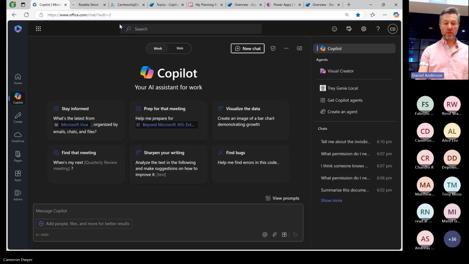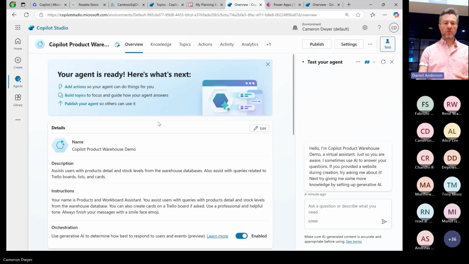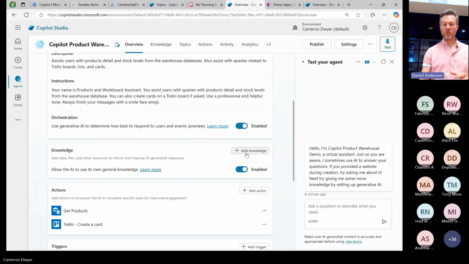And it's kind of the beauty of creating an agent, is that you create an agent around a specific domain of knowledge. And really, it is only going to know what knowledge you add. So it's almost the opposite of the Copilot BizChat experience. It's got no real agenda. It's not focused on anything. And so it's just trying to make the best of all of the information that's available. And that sounds like it's the problem you're having, is there's too much information available to it. So that's the idea of these agents, is you create one for a specific purpose and you just give it specific knowledge. You can actually turn this toggle here off, allow the AI to use its own general knowledge. You can switch that off, which means don't reach out to the internet. Just stick to what I've given you.